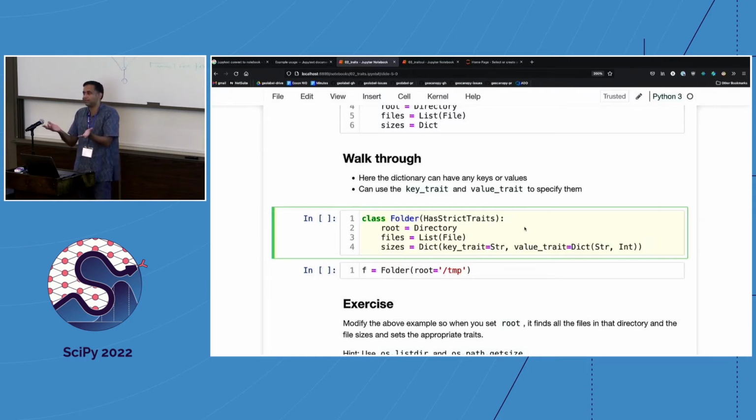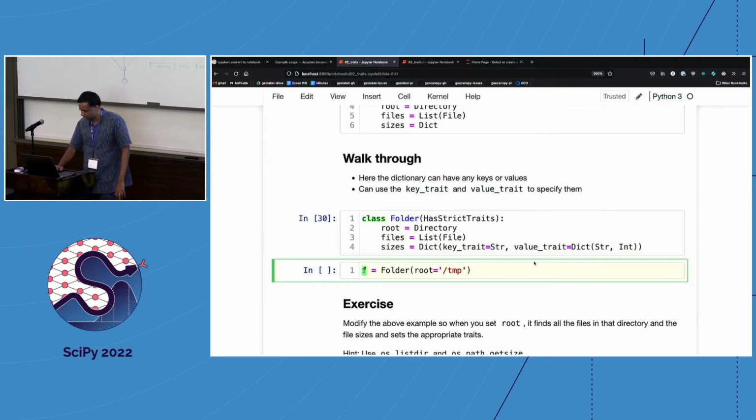In this case, it's sizes, so it's just going to have size as the key and integers. I just showed this as a simple example of how, with just 4 lines, you can have a fairly interesting set of constraint types that you can enforce on your data object. So for example, if you look at this,